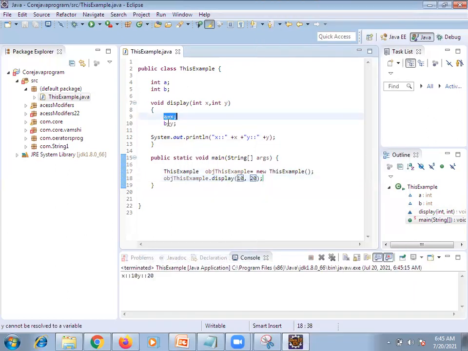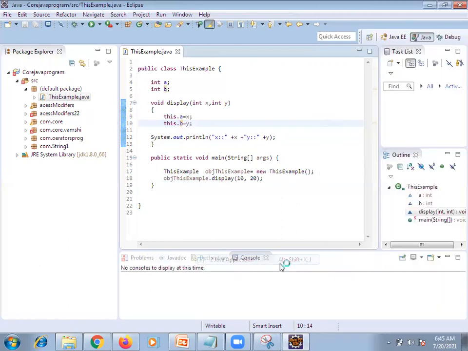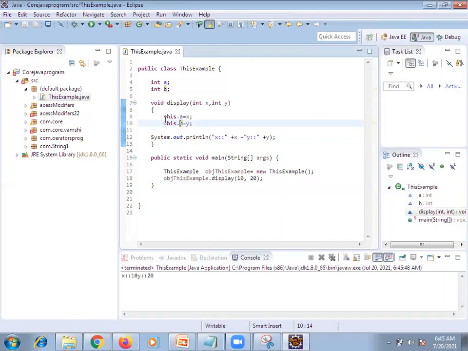Here, what are we assigning? We are assigning a equal to b equal to, right? Getting what I am saying? See, you are calling a and b. Now, what I want to do is this dot a, this dot b. Getting it, right? Now the same output will come. Got it? Okay, this is one class.